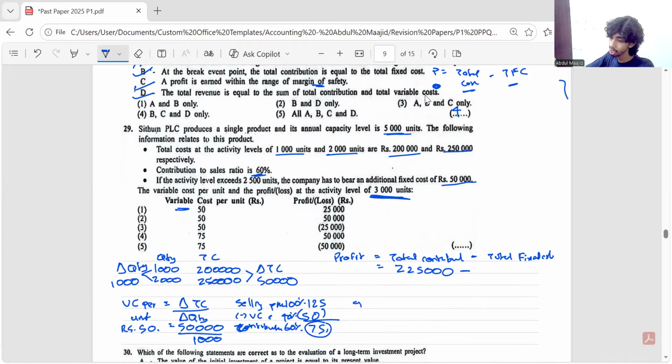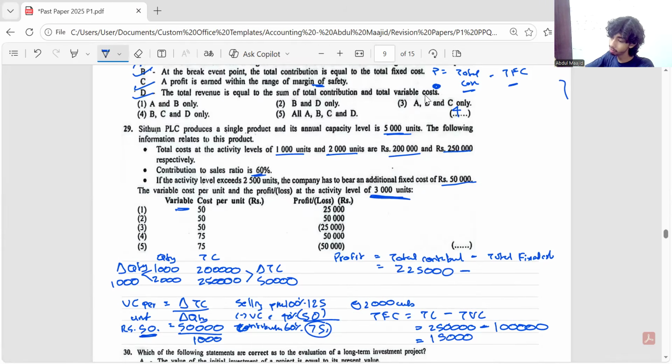At 2,000 units, total fixed cost will be equal to the total cost minus total variable cost, right? At 2,000 units, total cost 250,000 minus total variable cost. For 1 unit, variable cost 50 into 2,000 units, variable cost total will be 100,000. Therefore, the fixed cost will be